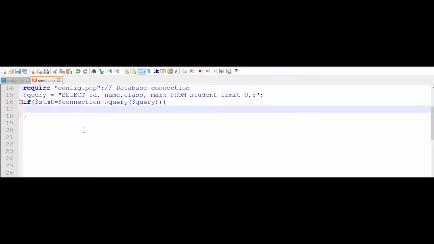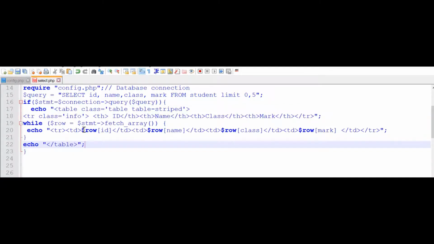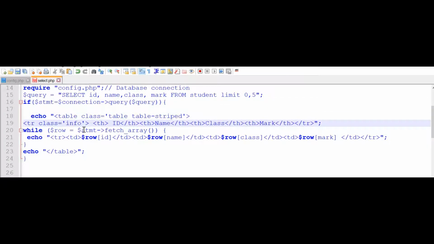Now, I have just written something, the table and the while loop inside this. So let us paste it here. Now you can just see what I have written here. In between these two, what I did is write a simple HTML table with a class of style, then a header row, which gives our column heads.